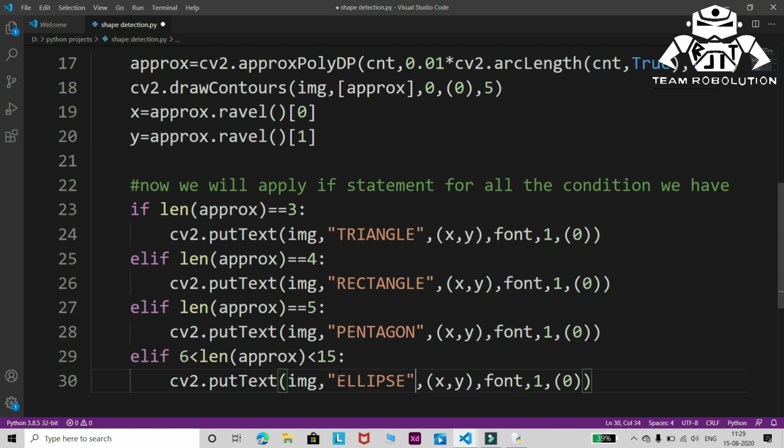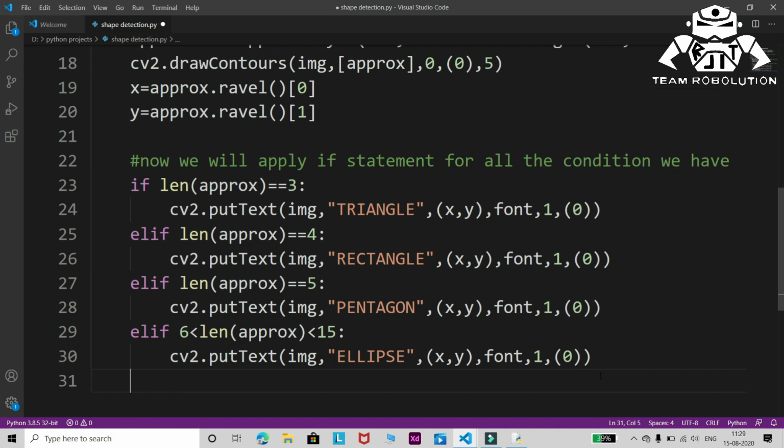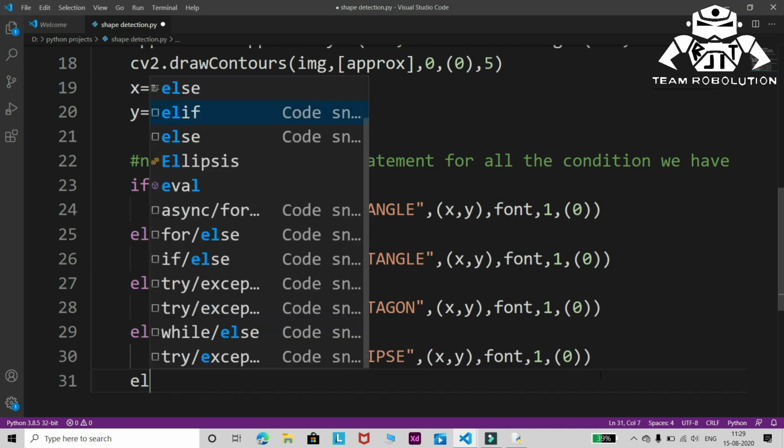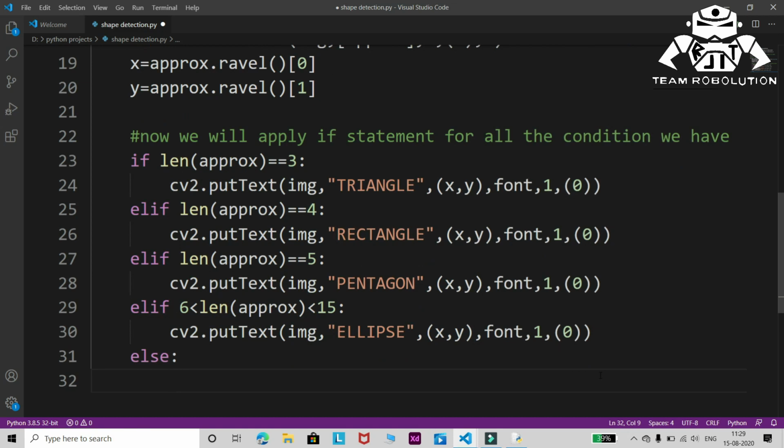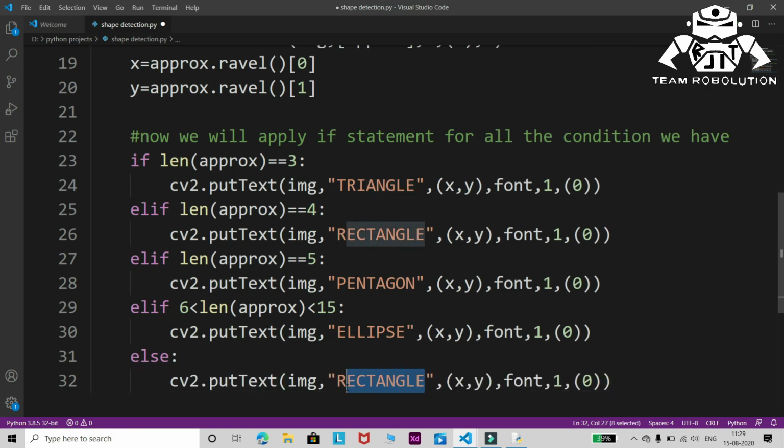What do I mean out here? If there are more than 6 sides and less than 15 sides in the shape, then it is an ellipse. Else it will be a circle, because in a circle there are infinite number of sides.